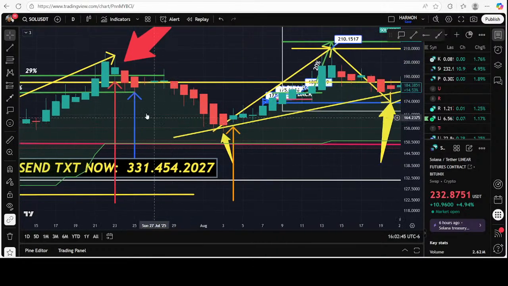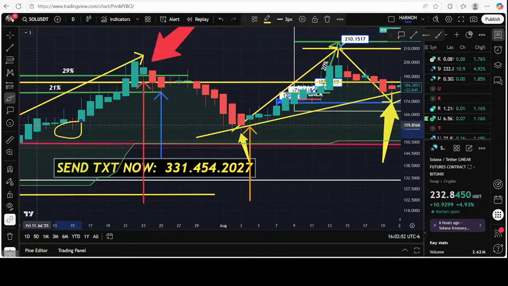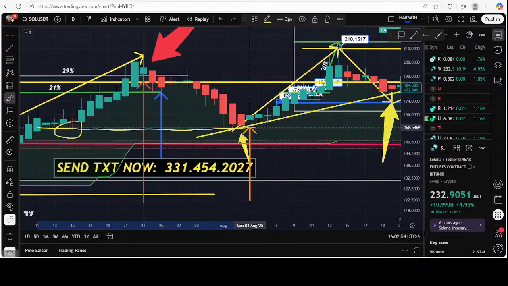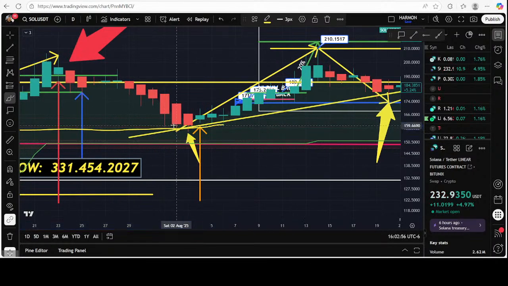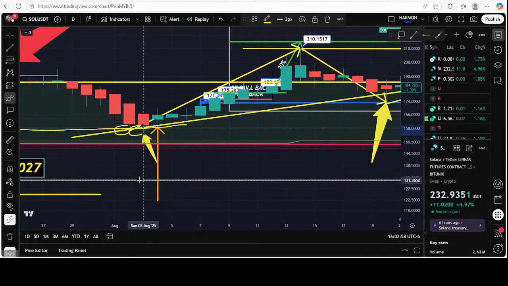When do we re-enter this? Do we look for support and resistance areas? Do we need to look for this support area right here? Here's the support area. Now, this support area actually holds this time. But you see the orange arrow here? The reason why